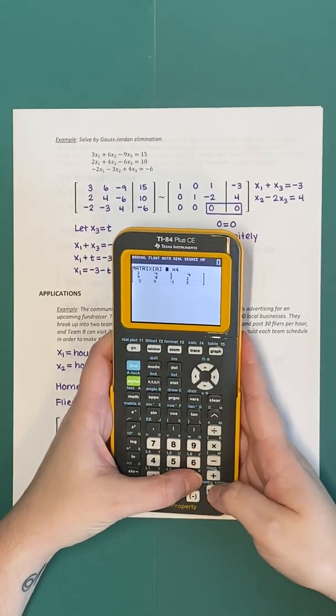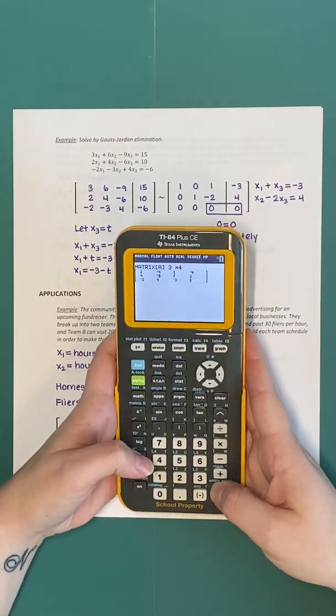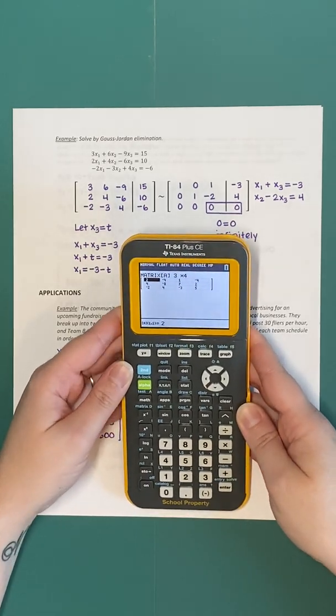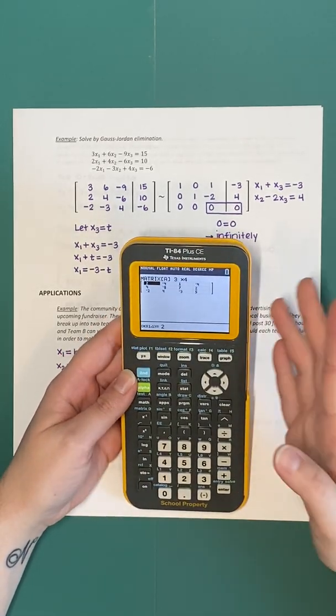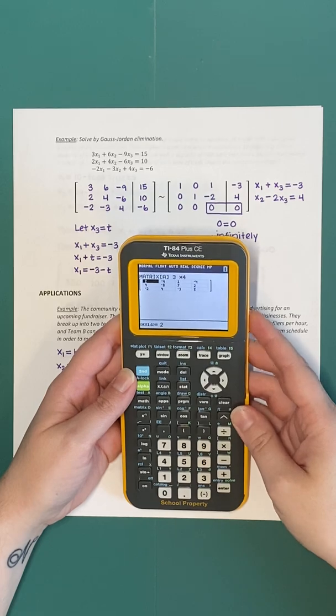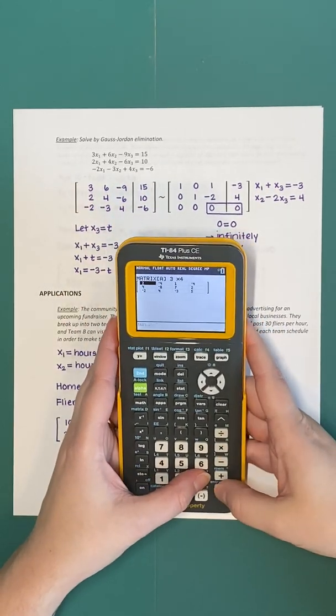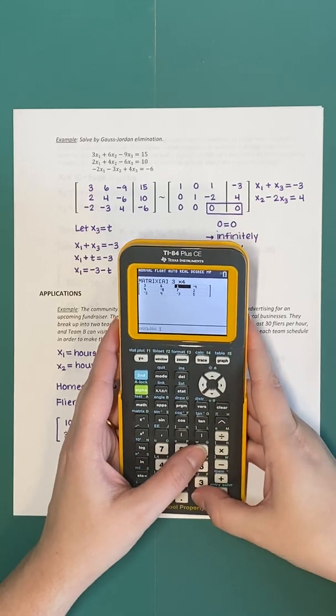So it's still going to be 3 by 4. So 3 enter, 4 enter. It doesn't clear anything. But I can actually just type over the entries as I go, and it will clear them and replace them with what I type. So starting along the top, working your way left to right. So 3, 6, -9,